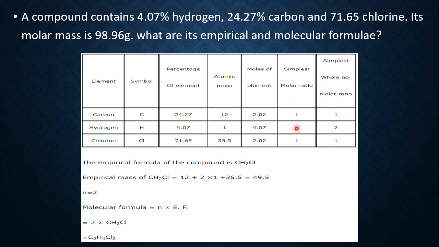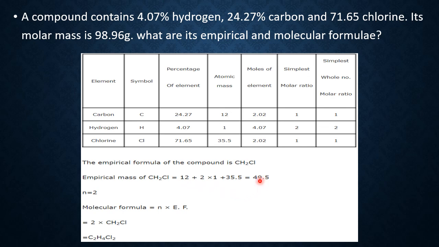So now using this we will make an empirical formula. The empirical formula is C1H2Cl1. The 1 is not shown here, it is understood. Once you make the empirical formula, you calculate the empirical formula mass. How many elements are there in it? You sum all their masses. That is the mass of the entire formula. So one carbon, two hydrogen and one chlorine, you add their masses. Here I added, so the empirical mass of this compound is 49.5.